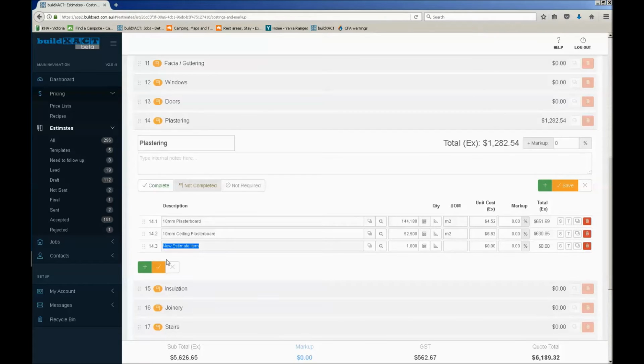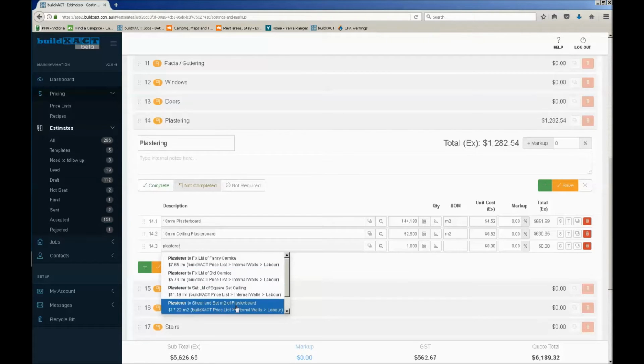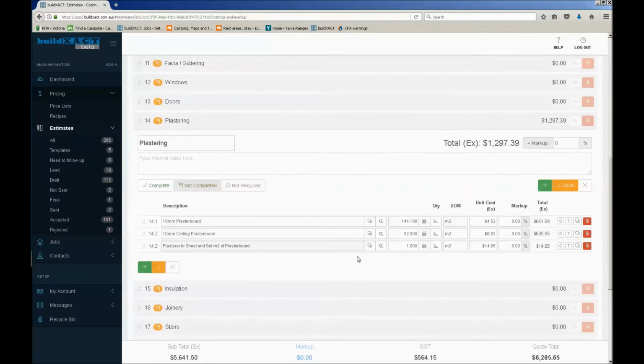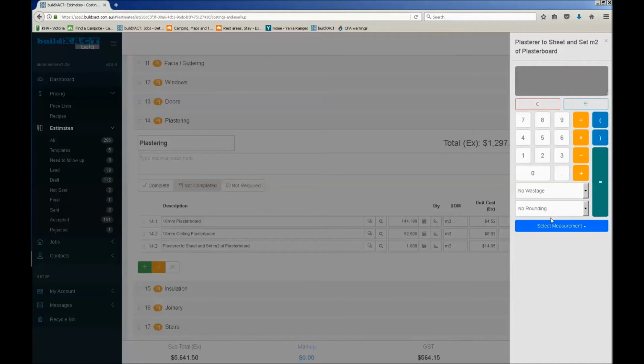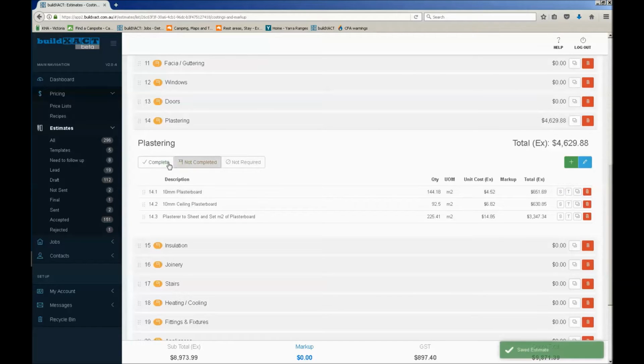Last one for the plaster, I'm going to go plasterer. Grab this price here, plasterer to sheet and set. The only reason I'm doing this one is just because I want to show you something that I think is quite cool. And that is calculator. The fact that I can grab more than one measurement. So I can go that one plus that one, basically wall plus ceiling equals, and it just puts them together. Although it's easy to add that and that together, the reason I'm doing this is, if I save this and say it's complete,